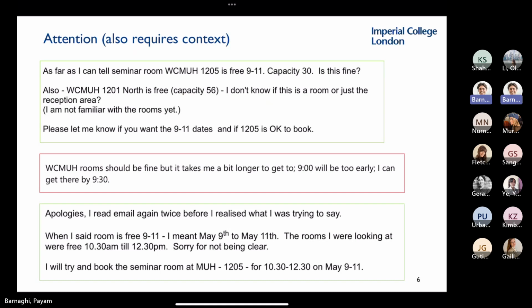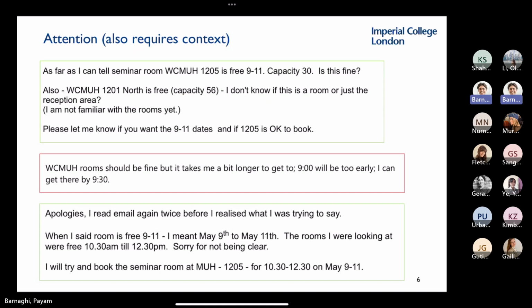Natural language becomes a little more complicated. This is a communication Rhiannon and Ivy had when we were organizing for this. She said, I booked the rooms from 9 to 11. And I said, I cannot make 9 to 11. The earliest I can get here will be 10 o'clock. She wrote back, and I had to read it very carefully a few times to understand: you're referring to the time, I'm referring to the date.